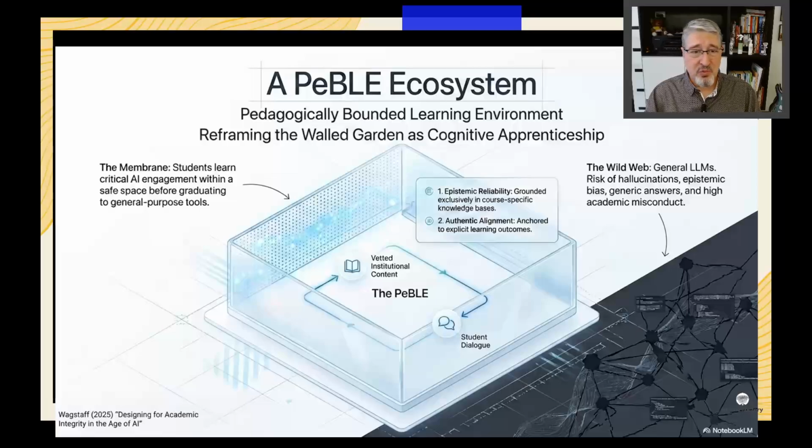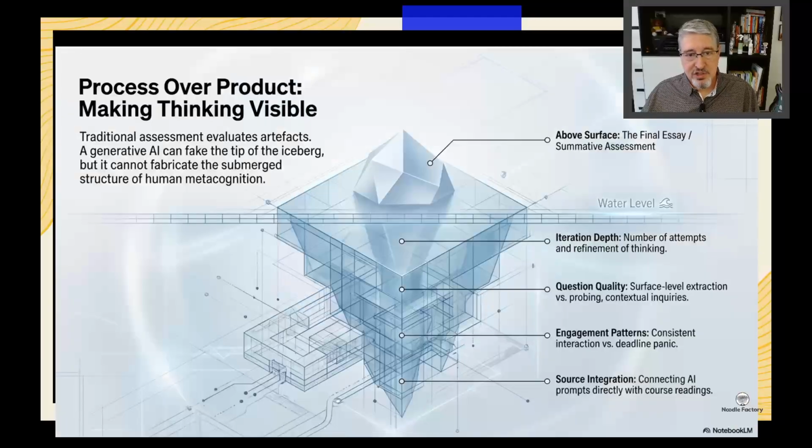And then there are other courses where I'm perfectly fine with students going out to the wild web, where, yes, there are some risks of hallucination, bias, generic answers, maybe answers that aren't fully aligned with the content that I'm using to teach the course, but sometimes I'm okay with that. In my case, I do want students to stay in the content related to business value discovery. But one of the things that I'm interested in is surfacing their thinking process.